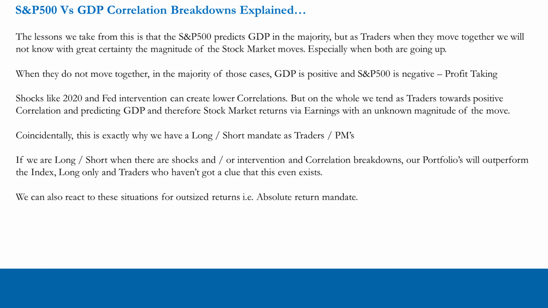What we can infer is that there's very likely a statistical correlation and a move that we can explain in terms of GDP. Therefore, we can set ourselves up to have the odds in our favor, but the odds will never be 100% in our favor. It's not a rule book. It's not a Lego set. It's not a Duplo set where we plug and play and get a certain amount of GDP growth and a certain amount of stock market return, and therefore a certain amount of money in our trading accounts as profit. It just doesn't work like that.